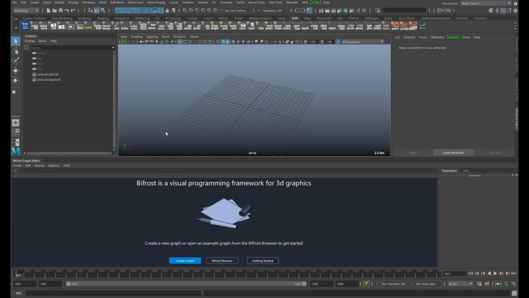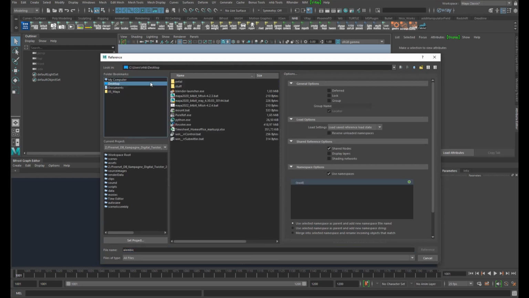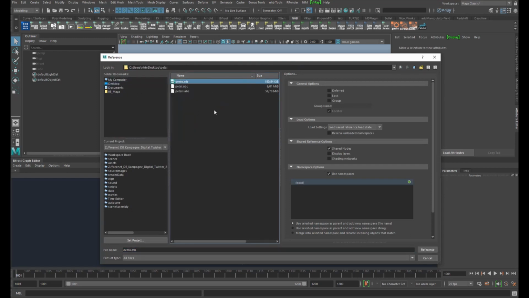I'm gonna segment this into two sections. The first one is going to be the point scatter to create the initial shape where all our instances will be put onto, and the second one is going to be the time offsets that we need to animate through our animation cache. So the first thing that I did was to animate a petal, since we don't have any deformers in Bifrost yet.